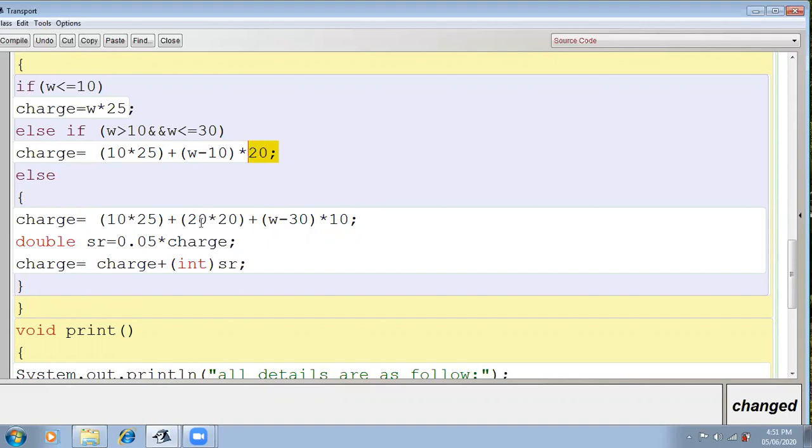Then here, above 30, it is the first 10 kg, and this is the calculation of the next 20 kgs. Then the remaining kgs after the 30 will be calculated at 10, plus the surcharge of 5%. Here I am converting the calculated surcharge into an integer. Explicit typecasting it is.